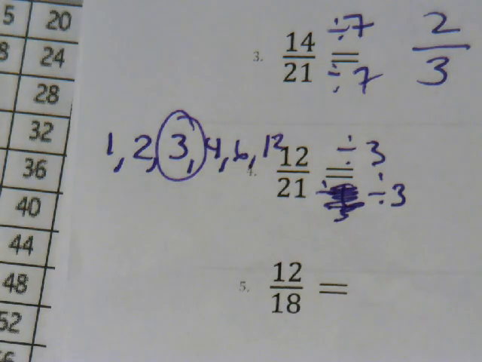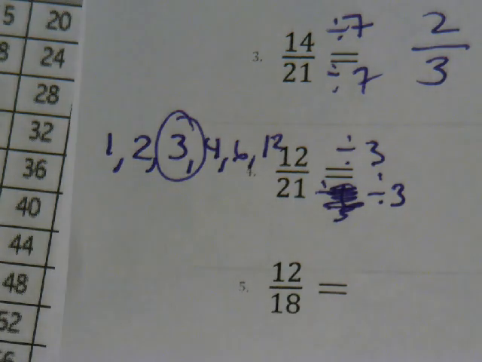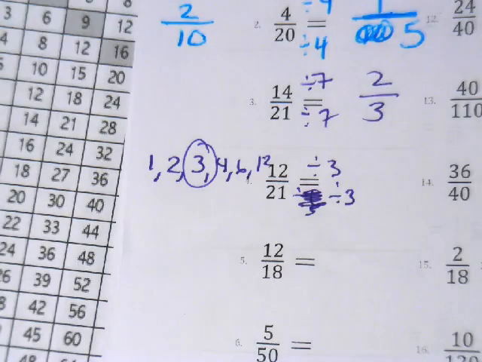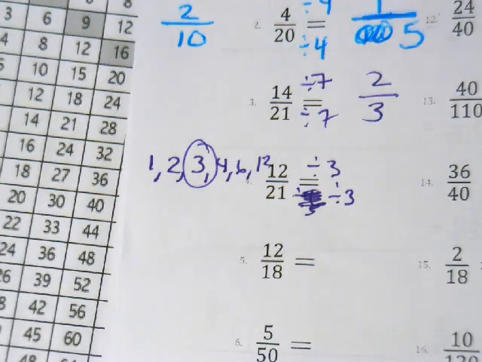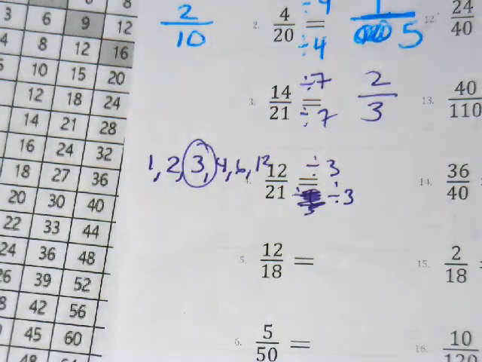So there's a couple of different ways to figure out that magical number that works. If you know your multiplication tables really well, this is a lot easier. That's the root of the problem, your multiplication table. All right, how many can we